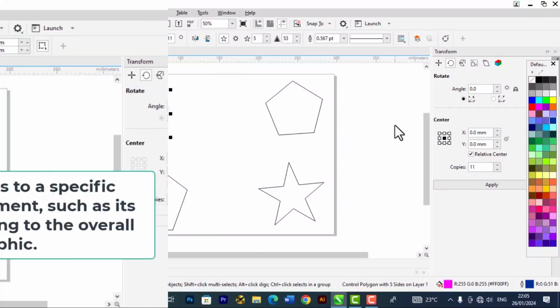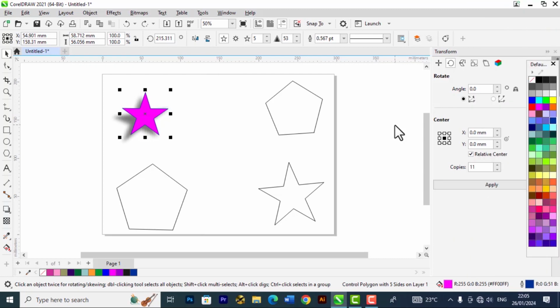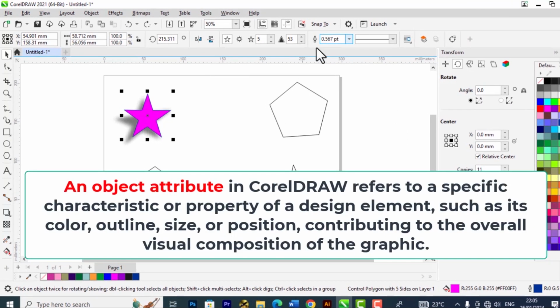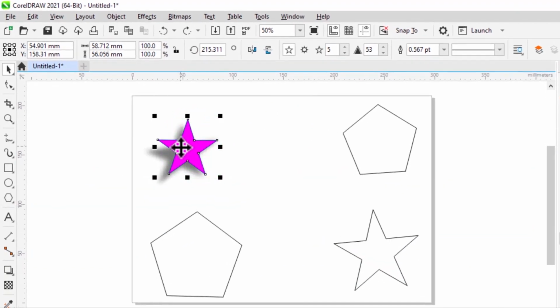Here's a smart productive tip to use in CorelDRAW. Now I'm going to show you how to copy an object's attribute onto another object. So this is the object with the attributes I want to copy, and the first common way to do this